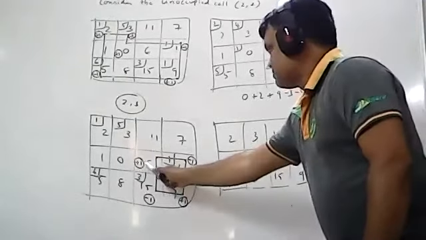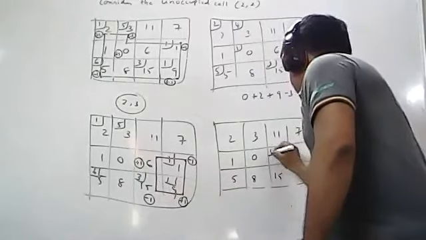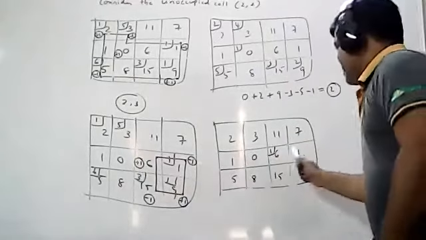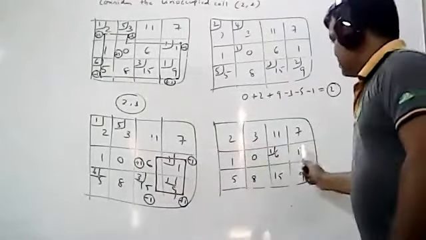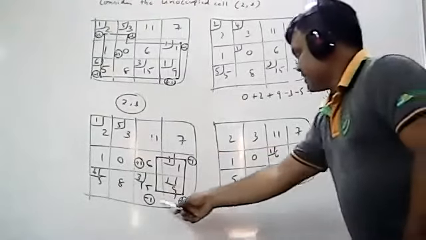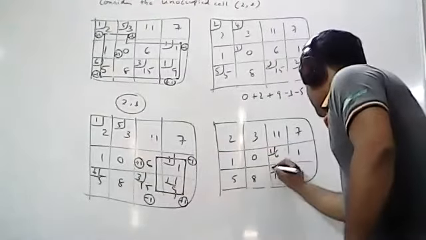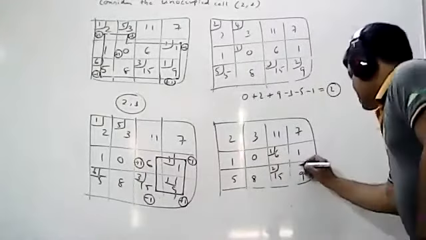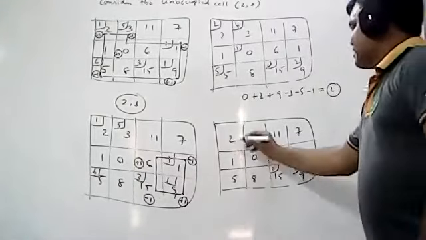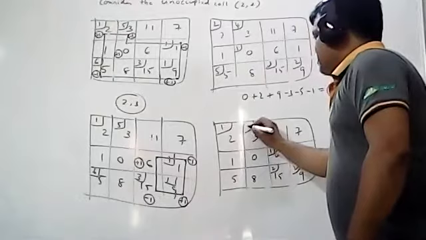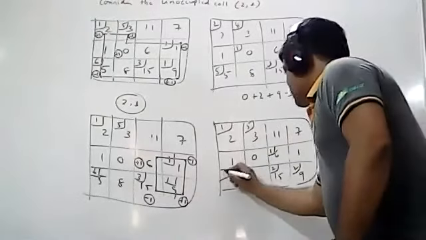Where you have started the loop, this is plus 1. Plus 1 means per 6, you are getting 1 occupied. This is minus 1. 1 minus 1 means 0. This is ignored now. This is unoccupied. Next, minus 1 means what you will get? 2. Minus 1 means 2. Plus 1 means this is 2. Remaining cells are as they are. Remaining cells means 1. This one is 5. And this one is 6.